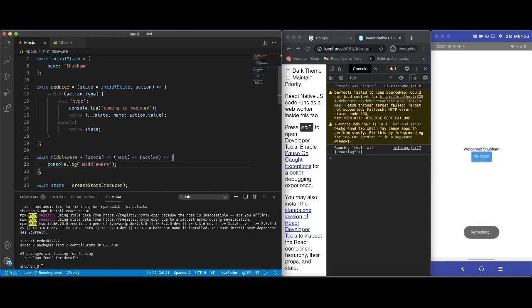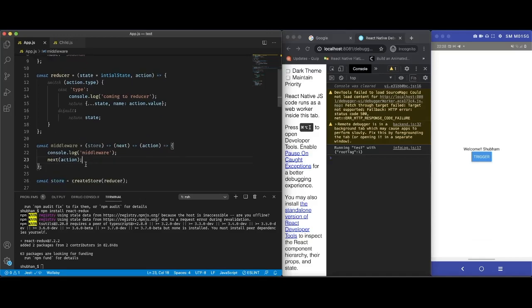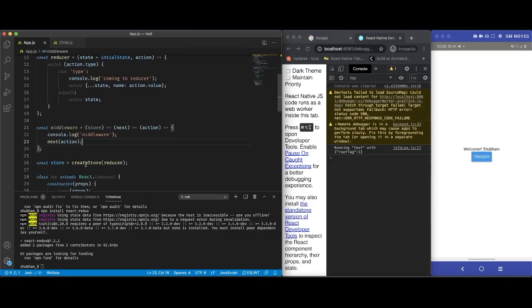One thing we have to make sure of is that when the dispatch call comes to this middleware, the call should pass to the next middleware or reducer. So for doing that, we will have to make a next call here. For the reducer to act on the dispatched action, we will have to pass the action in next. And our middleware is ready now.